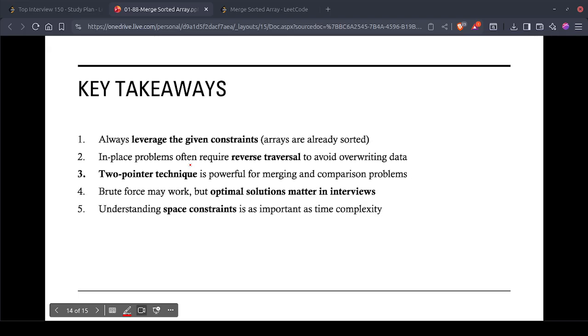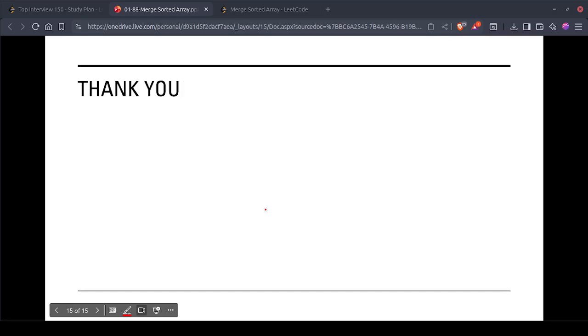And there are some key takeaways. Always use the given constraints, like here we see the values are very small, but we have to give an in-place solution. And when arrays are sorted, two pointer techniques are very useful and powerful. And in-place problems often require reverse traversal, and brute force is fine for understanding, but the optimal solution matters in interviews. So that is LeetCode 88, Merge Sorted Array, and this was the first video of our